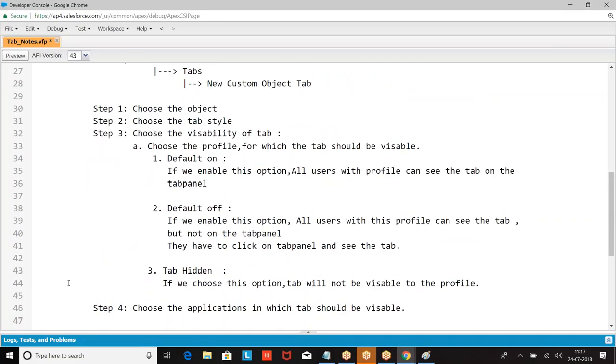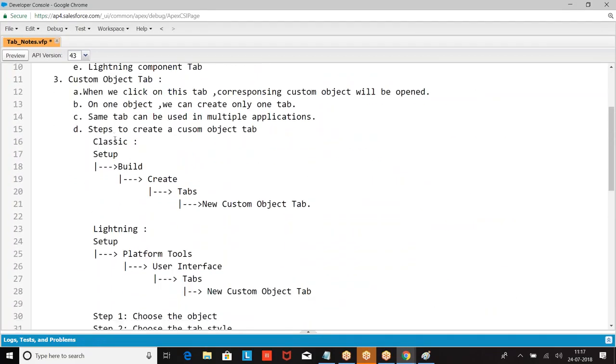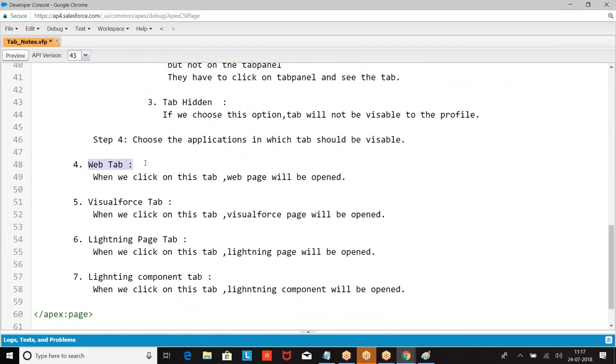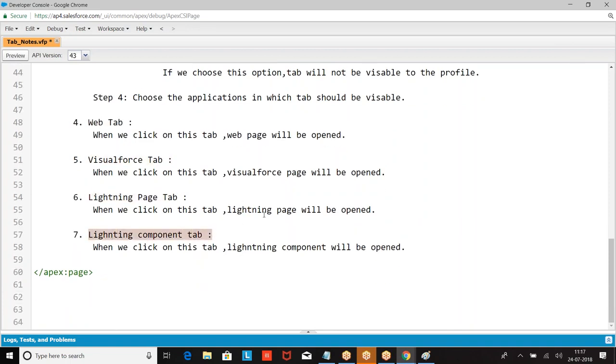So what are the options we had? Custom object tab, web tab, Visualforce tab, Lightning page tab, Lightning component tab. I hope you are good with this.